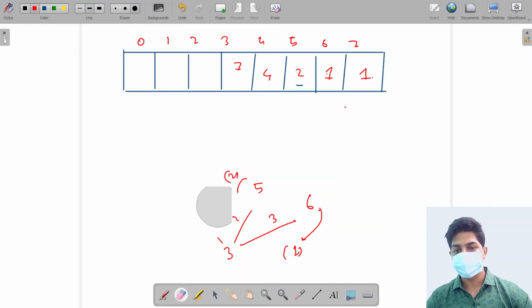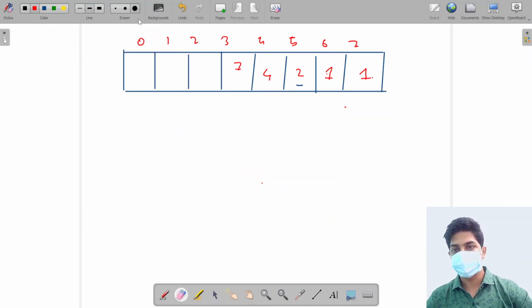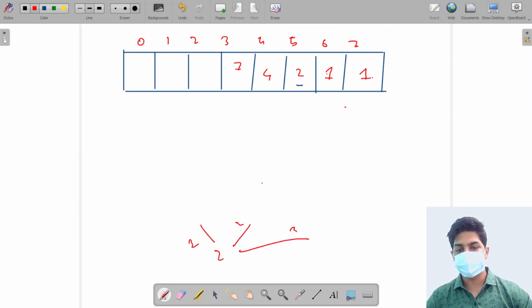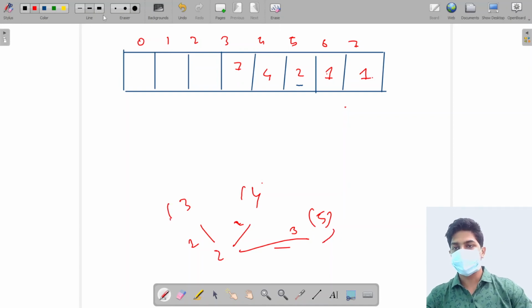Okay. Now let's see for 2. If I take a jump of 1 unit, 2 units or 3 units: with 1 unit I will reach 3, with 2 units I reach 4, and with 3 units I reach 5. Then I will add the answers from 5, 4 and 3. So what is happening over here? In this way, we will fill from 2, 1 and 0. All these places will be filled.